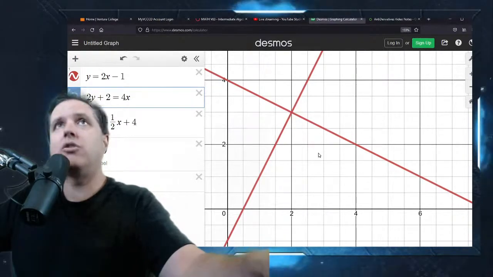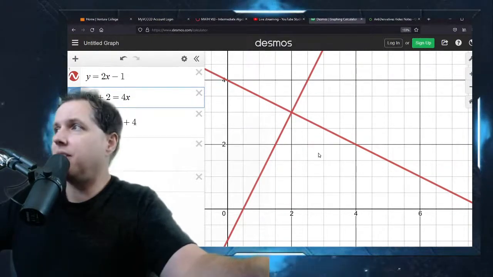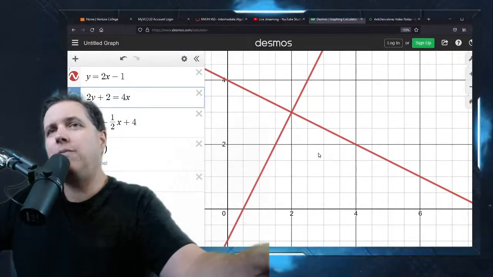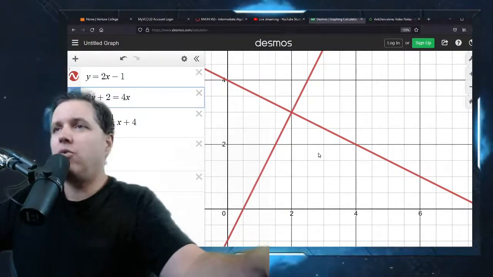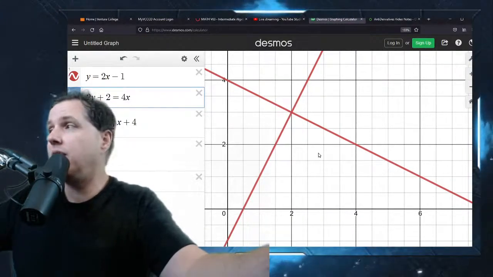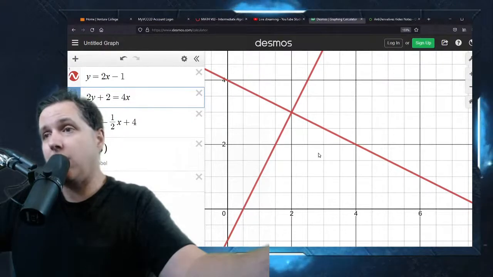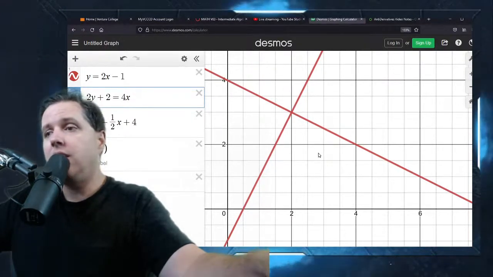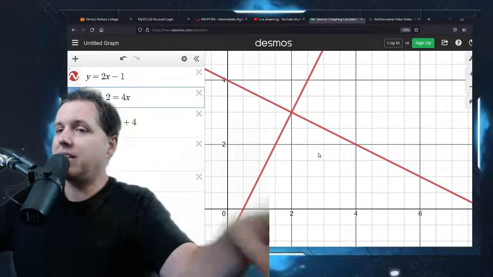There's an assignment called Graphical. I can't bring it up because I don't want to expose people's grades, but it's called something like Graphical Systems of Equations or Systems of Equations by Graphs. You should be totally comfortable doing that homework now, okay? And then next time it'll get a bit more complicated.